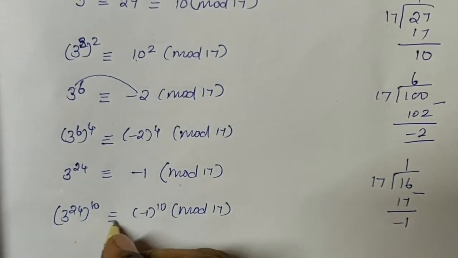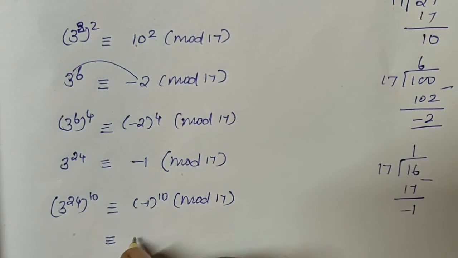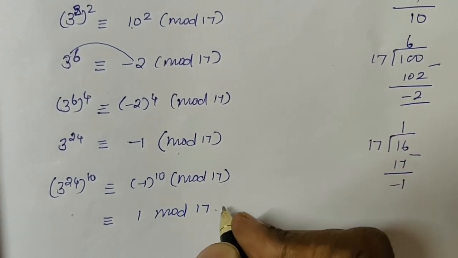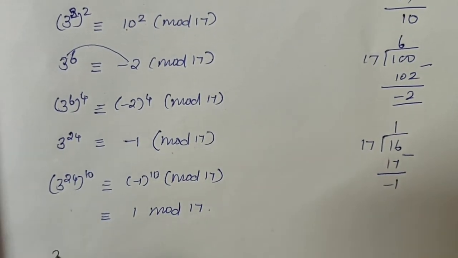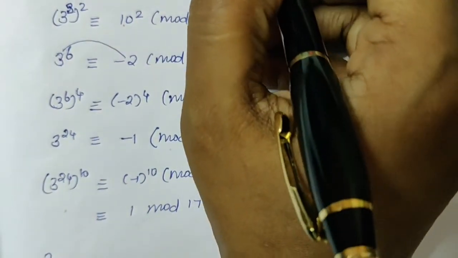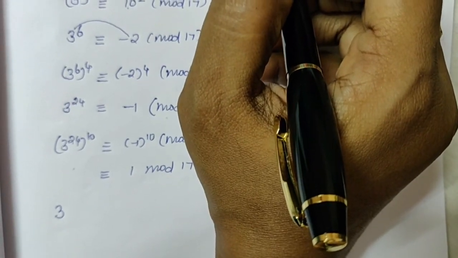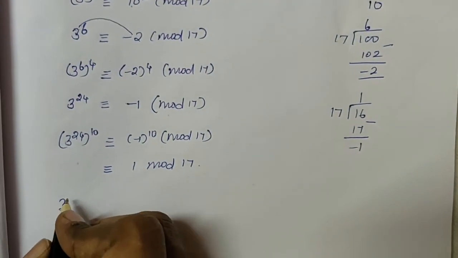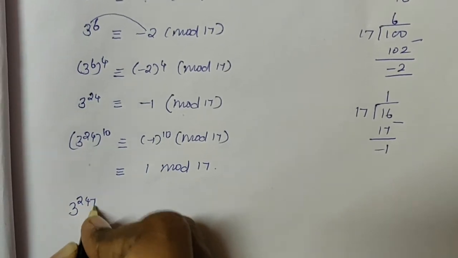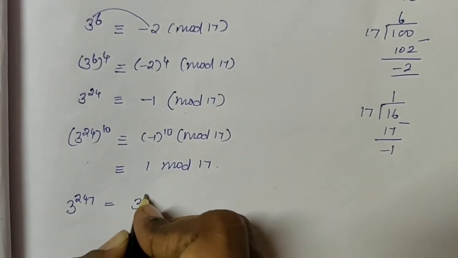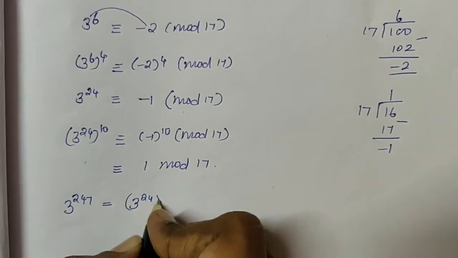Minus 1 power 10 is congruent to 1 mod 17. Now they asked to find 3 power 247. Find the remainder when 3 power 247 is divided by 17. So this 3 power 247 can be written as 3 power 24 the whole power 10